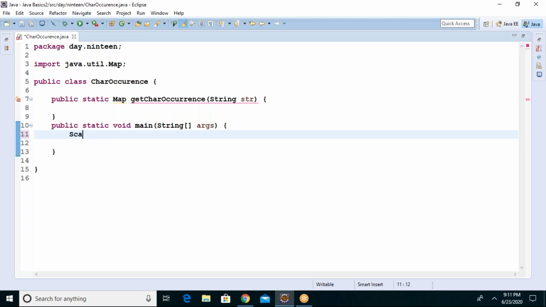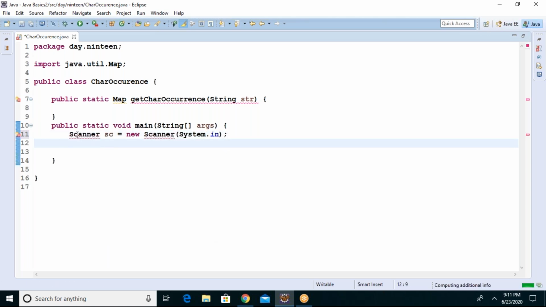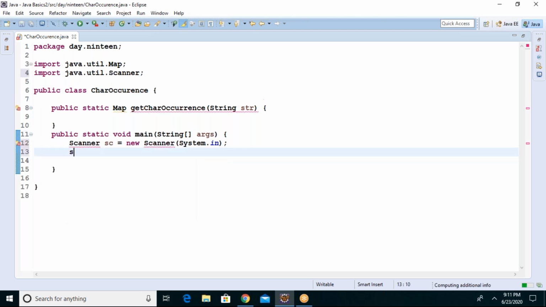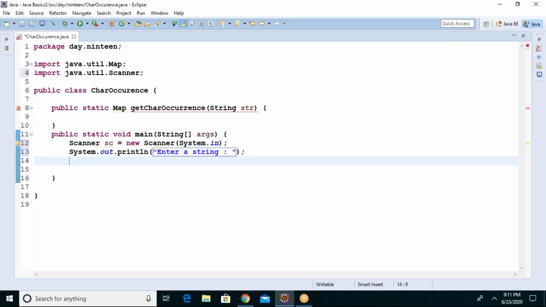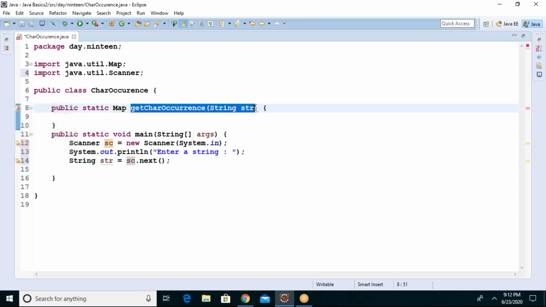Scanner sc equals new Scanner System dot in. System dot out dot println, enter a string. sc dot next method, string str, and call this method by passing str.